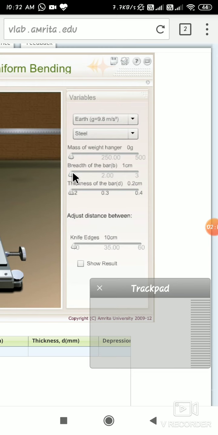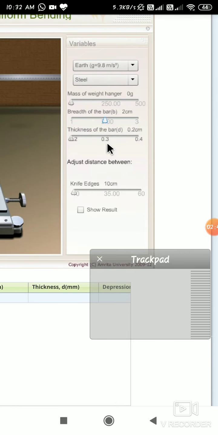Let me set this. You have to do it carefully. You set it at 2 cm. The thickness of the bar you keep at 0.2 cm.